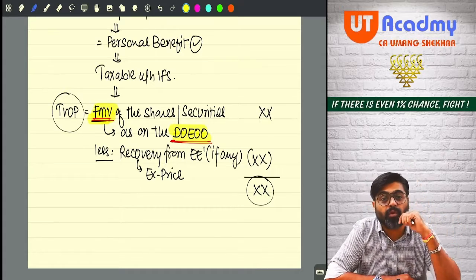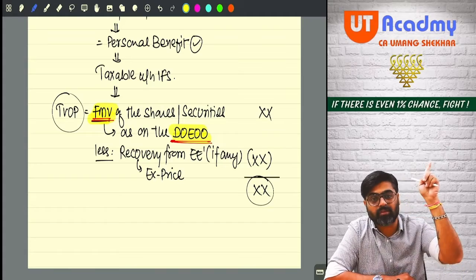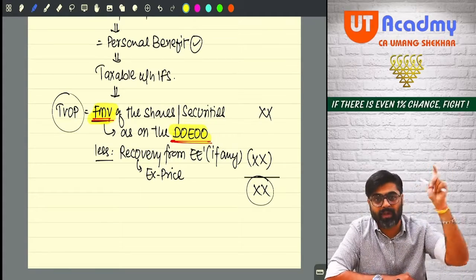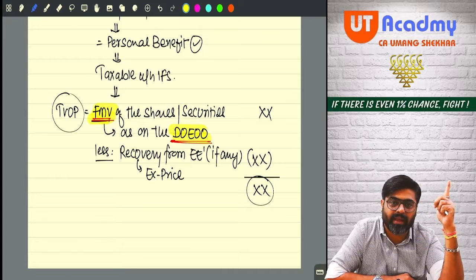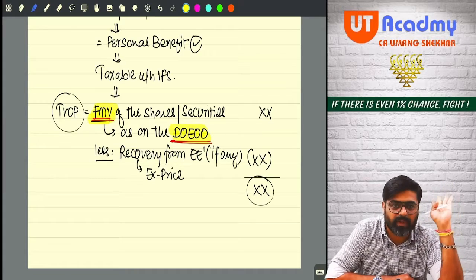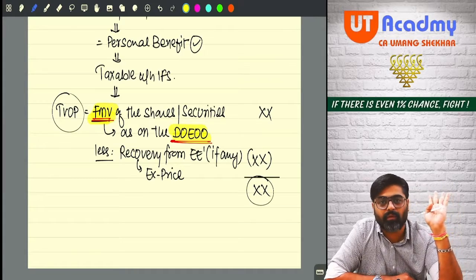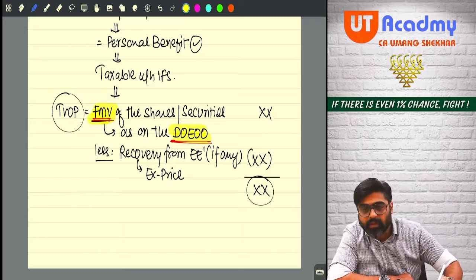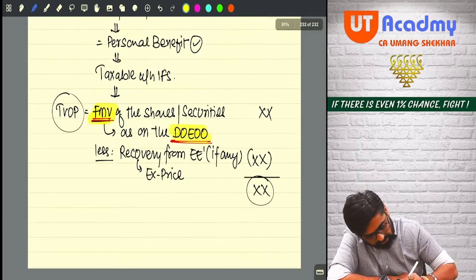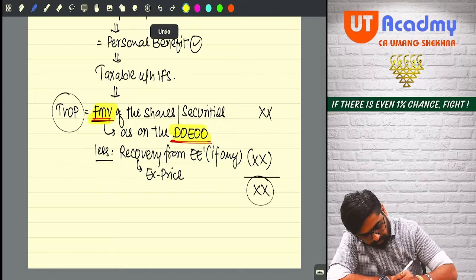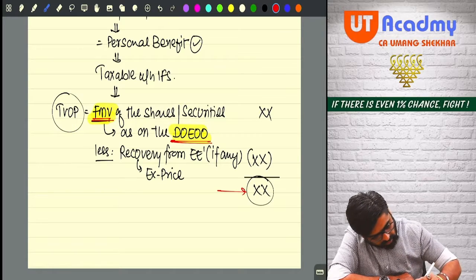So what about those 400 shares options, sir? Whenever you exercise, that time again this perquisite will be valued. And for those 400 shares, a separate benefit will be calculated. And that time it will be taxable. Getting my point? Everyone. So what you are doing? This is the taxable value. Now this value, the taxable value of perquisite, this amount will be